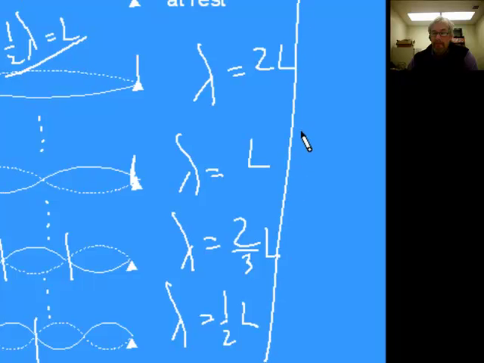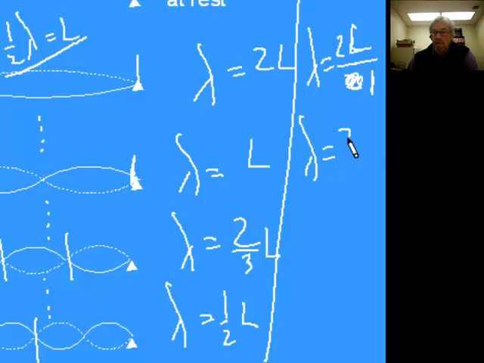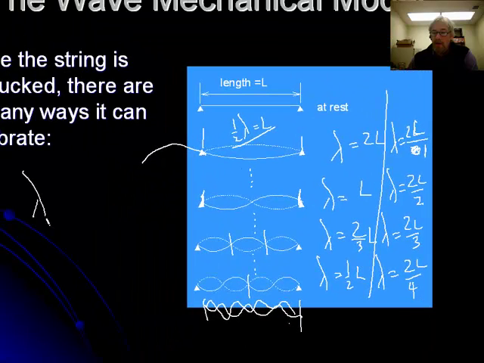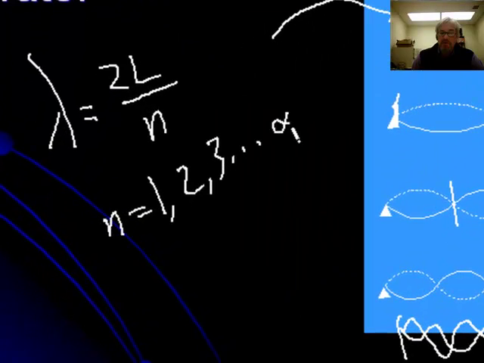I'm going to rewrite these things. Lambda is 2L, but I could say lambda is 2L over 1. Here lambda is L, but I could rewrite that as lambda is 2L over 2. Lambda is 2/3 L, or lambda is 2L over 3. Do you see the quantum number develop? Lambda is 1/2 L, but 1/2 L is 2L over 4. So here's our quantum equation: lambda is equal to 2L divided by a number n, where n is 1, 2, 3, whole numbers only, and